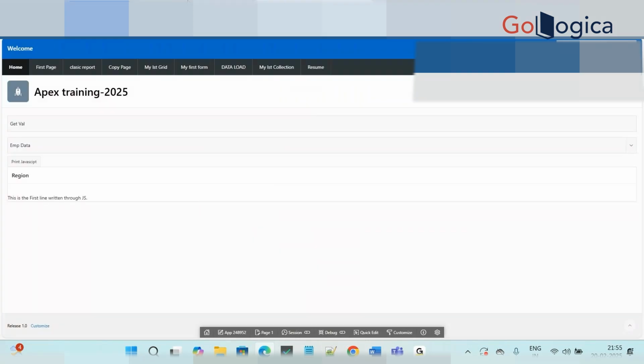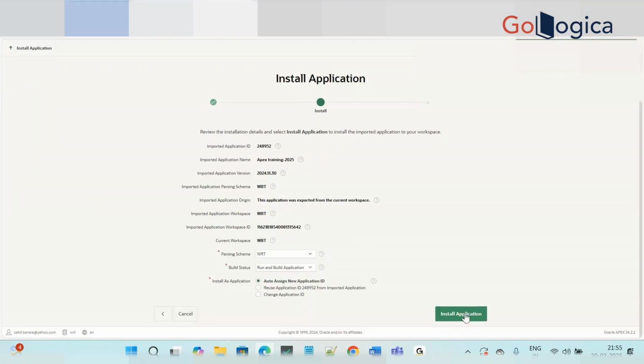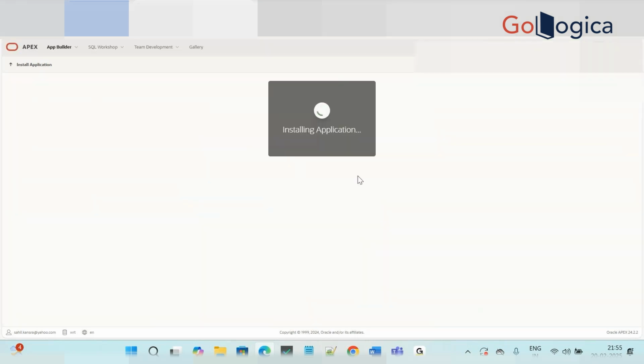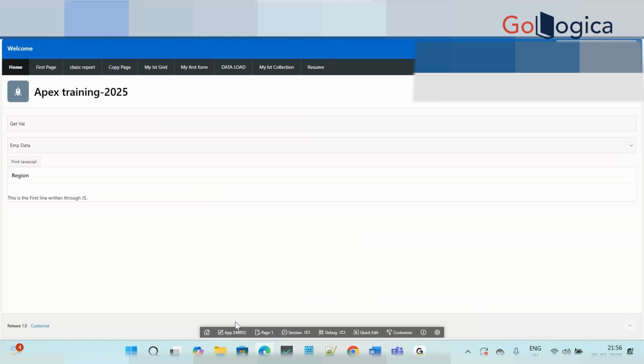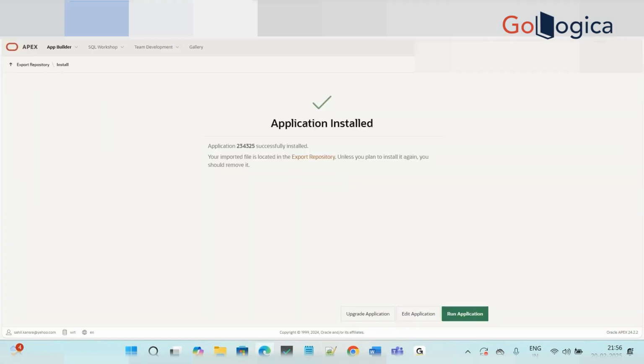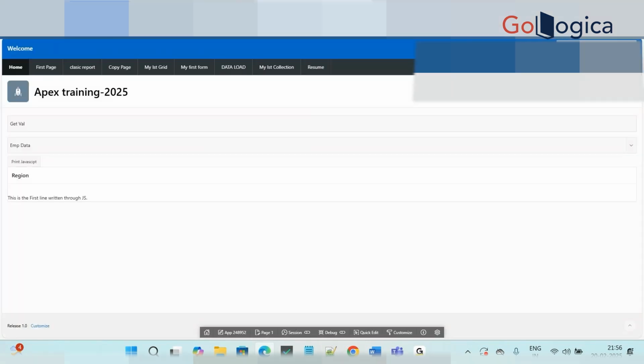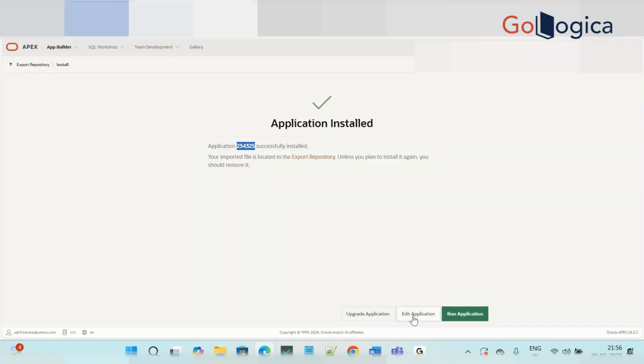Let's go one by one. If I use this one, install application, it is installing the application. Now currently we have this application name. You will be able to see the same application has been installed, but the id is different, 234325. This is the new application, the older is 248952. If I click on the edit application,